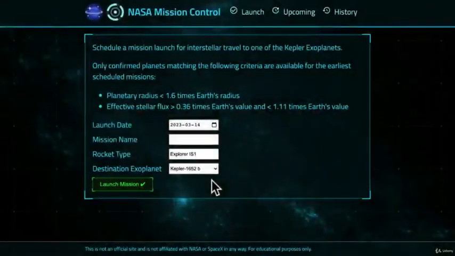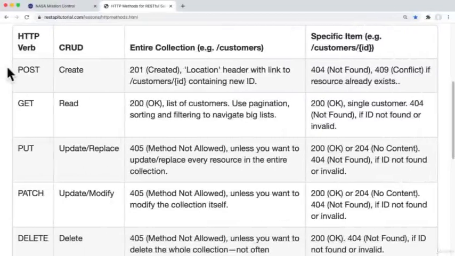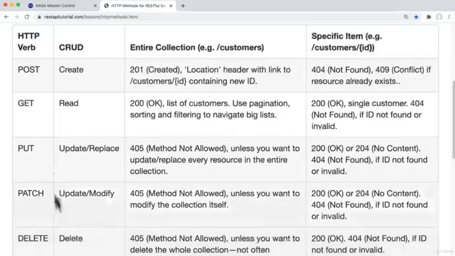Welcome back. We're about to implement launch functionality into our API. Let's build our backend to respond accordingly when we're ready to launch our mission. Starting with our chart that tells us the create, read, update, and delete operations that we can perform using our